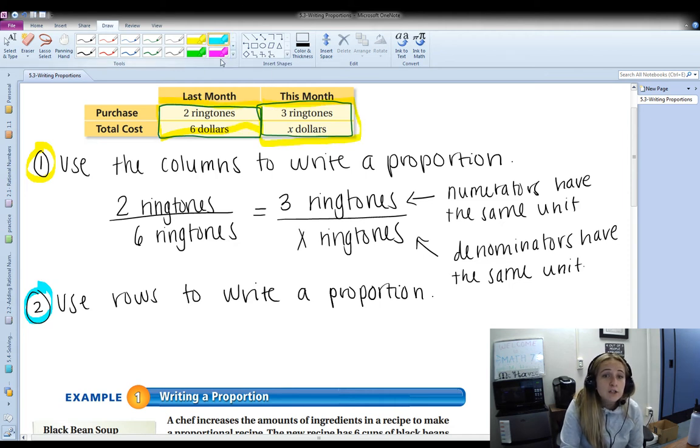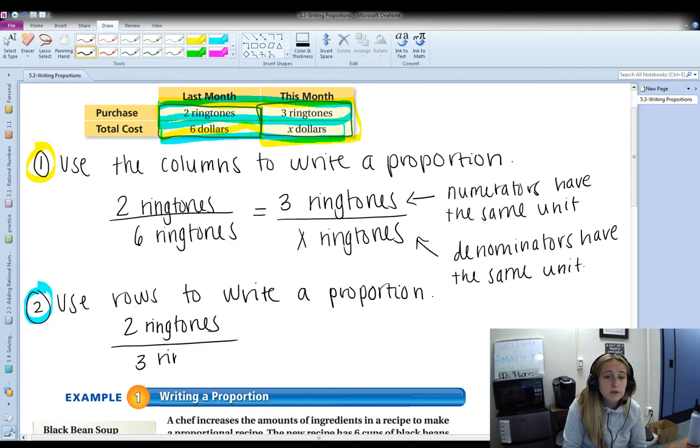With rows is the opposite way. So it's going to be like this. The ringtones together and then the dollars together. Okay? So we are going to write 2 ringtones over 3 ringtones. So we're going this way now. Okay? Then an equal sign, and then we do $6